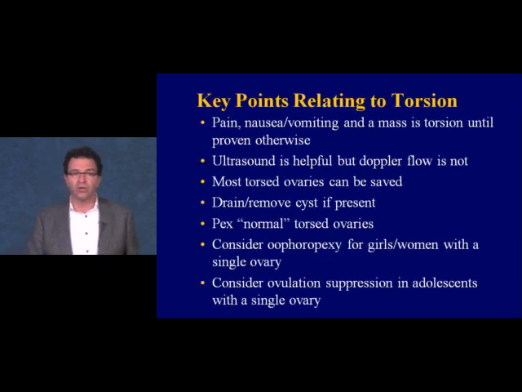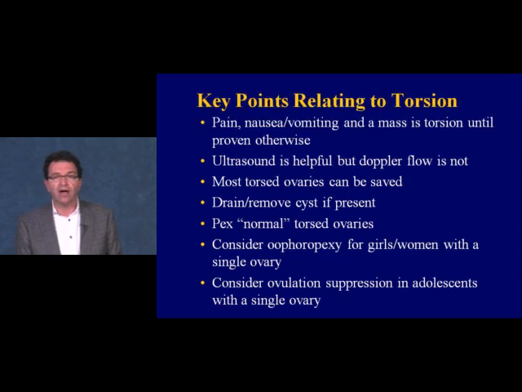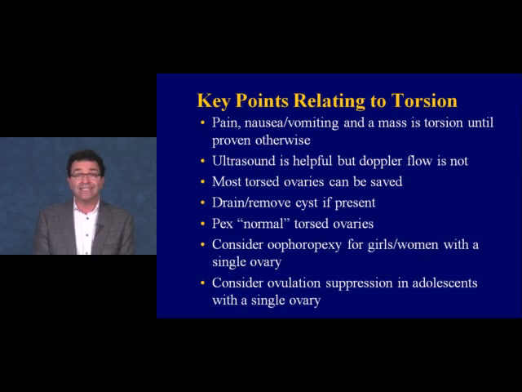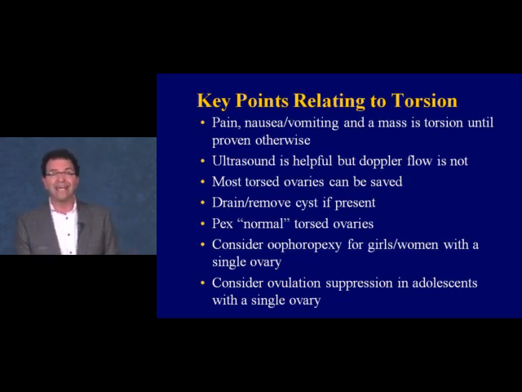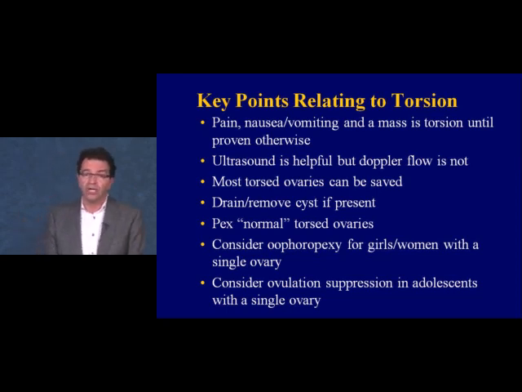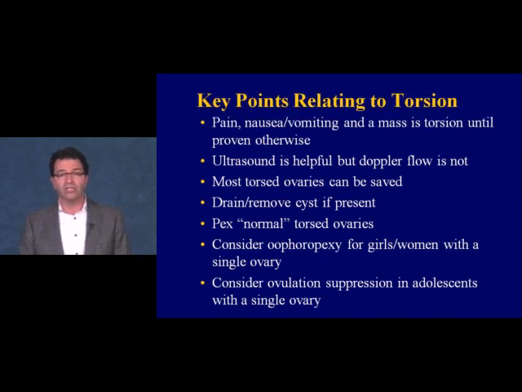So the key points of torsion are pain, nausea, vomiting, and a mass is torsion until proven otherwise. Ultrasound is helpful, but Doppler flow is not. You're mainly looking for a size discrepancy, peripheralization of follicles, and edema. Most torsed ovaries can be saved. We want to drain a cyst or remove it if it is present, and we tend to pex normal ovaries. We consider oophoropexy in girls with a single ovary. And in addition, when any girl or young woman who has had torsion reaches adolescence,